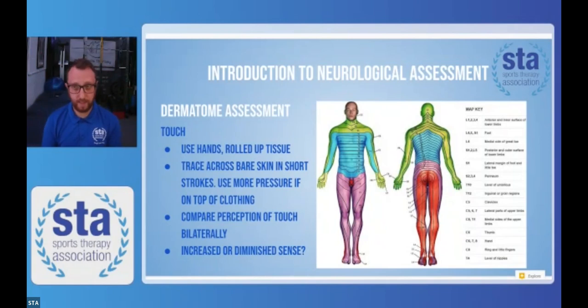I try to do it on bare skin if possible. Obviously, in certain situations, that is not possible. And I do it in smaller strokes. Rather than going full length of a limb, I'll do it in smaller strokes. And I do it right to left, left to right, whichever way, and compare. If I do it both at the same time, it can confuse them and they go, oh, I don't know. If you do it straight after the other, left, right,